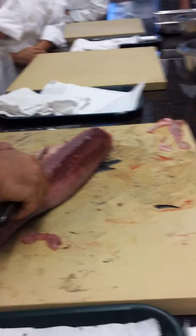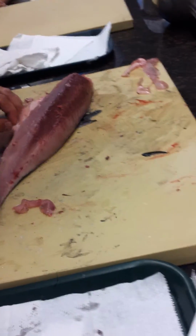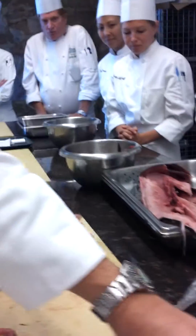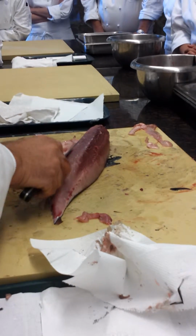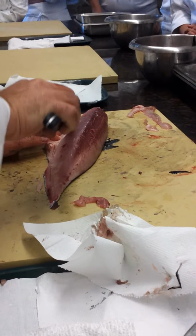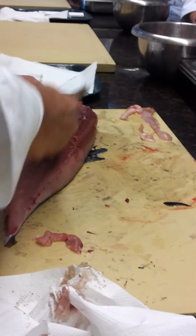This particular kind of fish makes more appearances in Japanese restaurants than probably any other. It's very frequently served raw. Got a mess of a cutting board here. Get a pot of rice going. Exactly. Infuse your vinegar. So I've got some rib bones here that I'm going to attempt to shave off the surface. Clean up the fillet. Did a better job of removing them on the previous